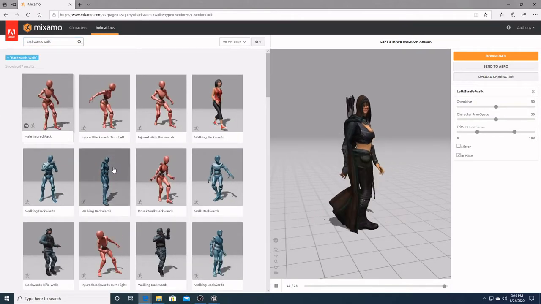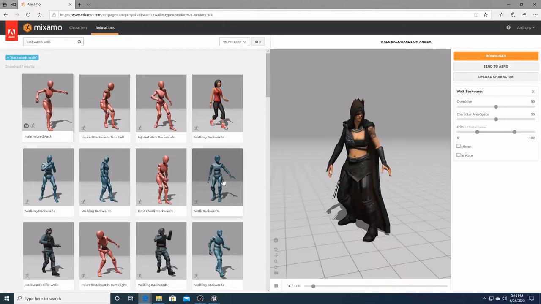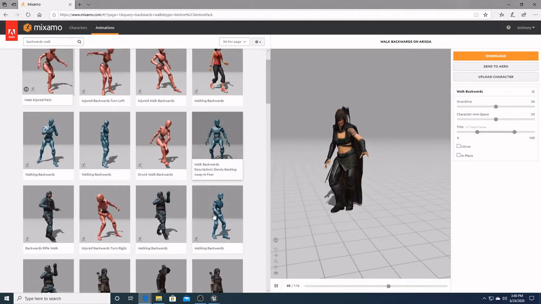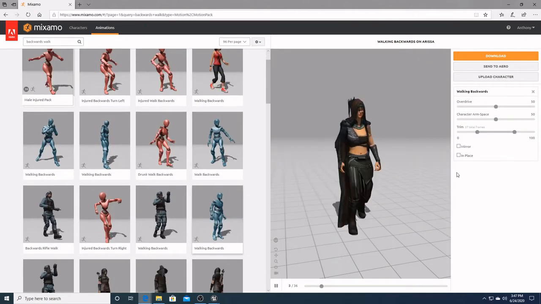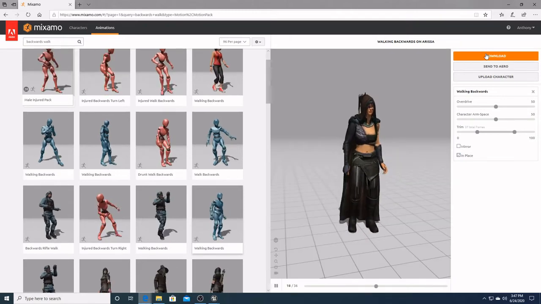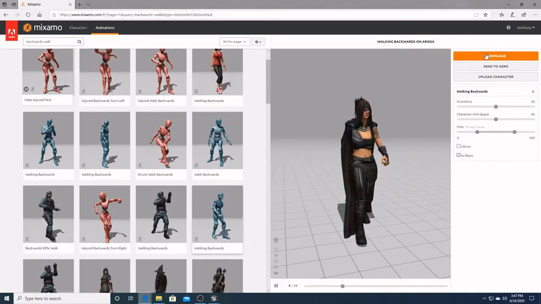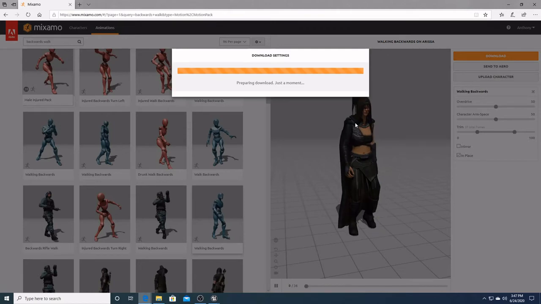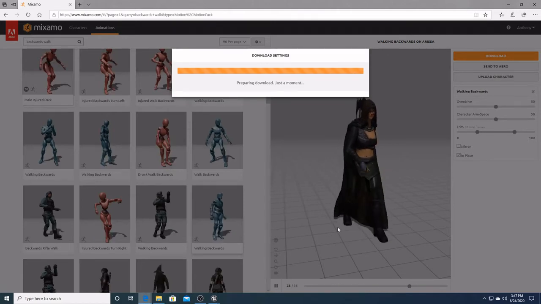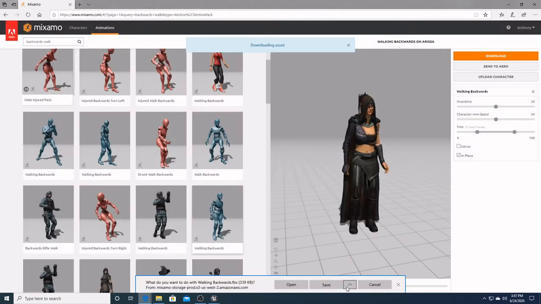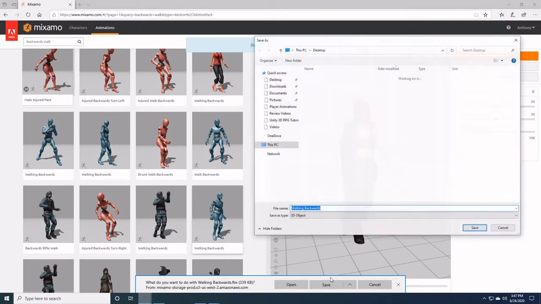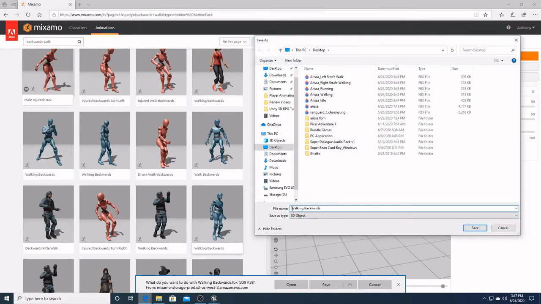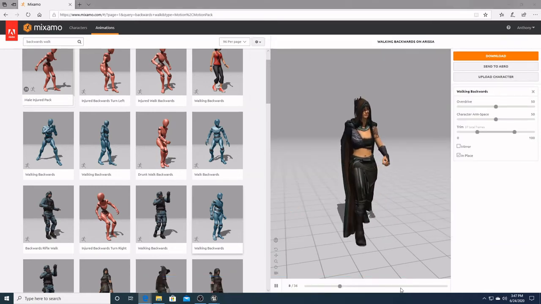Let's look at our options here. No, we want something a little smoother. Yeah, like that. That looks pretty good for now. Alright, we have all our animations,